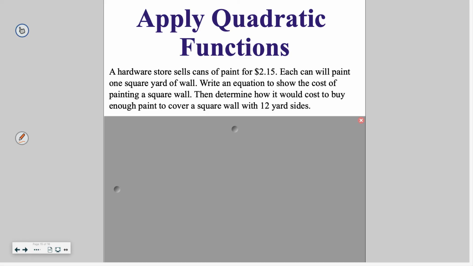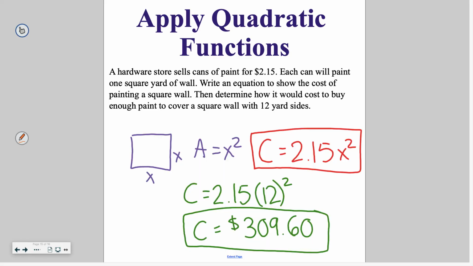Go ahead and try this one on your own. In this case, again, we're looking at a square wall, so our area is still x squared. It cost us $2.15 for a can of paint. It's going to cover a square yard of wall, so that's how we get our cost equation. Then we're going to plug in our 12 yards. So we're going to say 2.15 times 12 squared, which gives us our final answer of